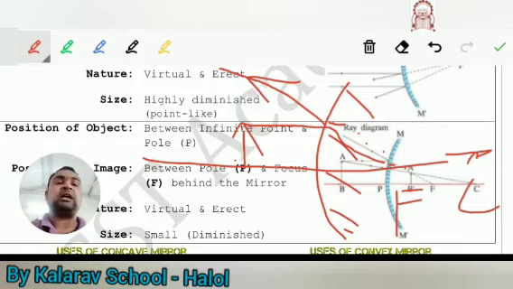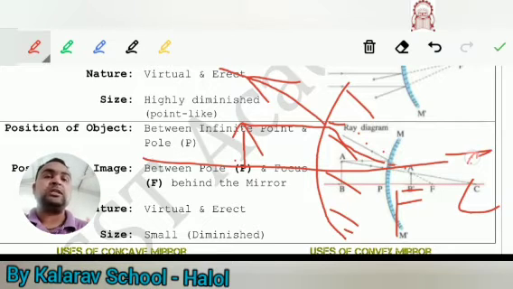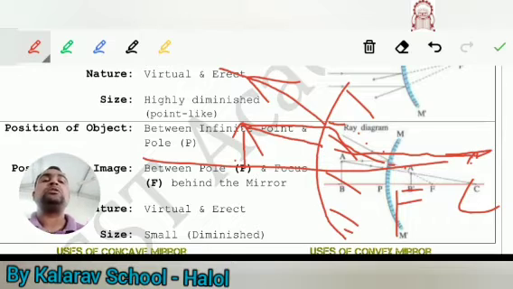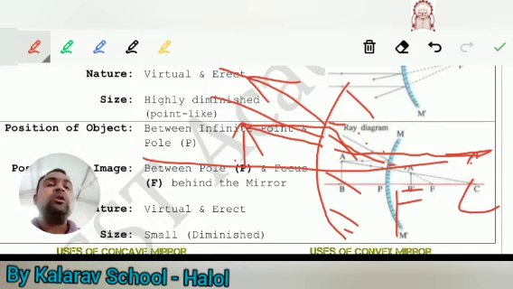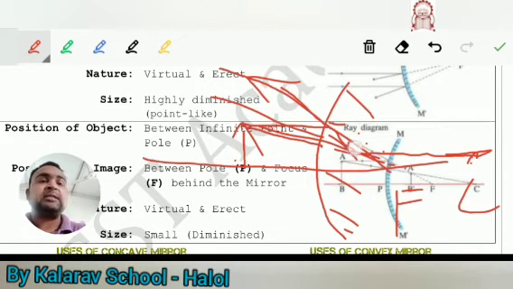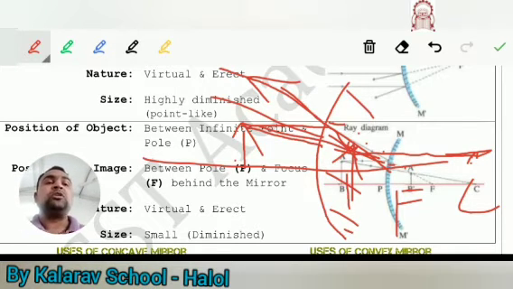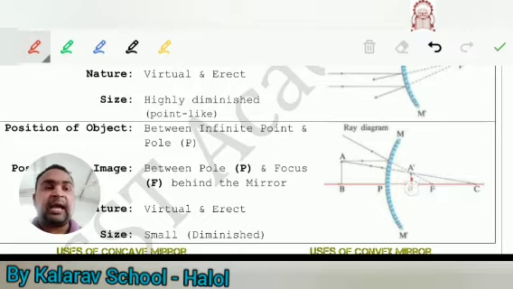Now how to draw the second ray, because we need at least two rays for the construction of the image. Okay, now the second ray you have to consider as per C. So you have to take the ray and join this point to the C point. Consider it this way, and here you have to use a dotted line. So after the reflection it will go in this direction. Okay, so in this way you are getting this ray, and this ray intersects here, and you have to construct the line.